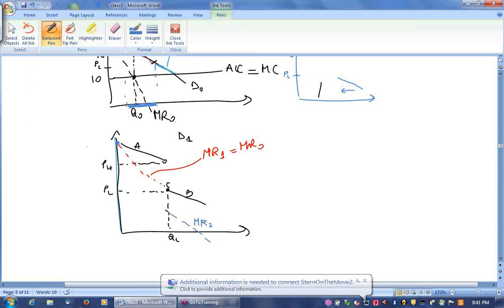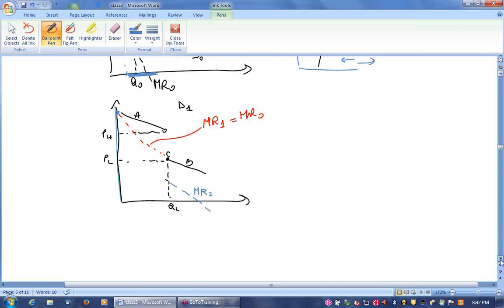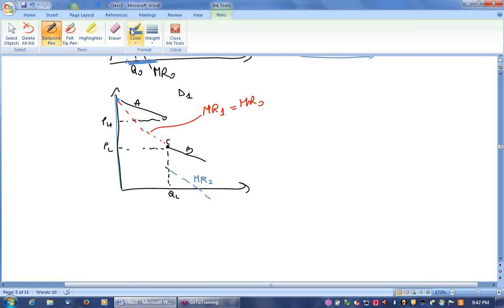Now we need to find the marginal revenue at point C. So remember that marginal revenue is the difference in total revenue to sell an extra unit of the good, right? So that marginal revenue